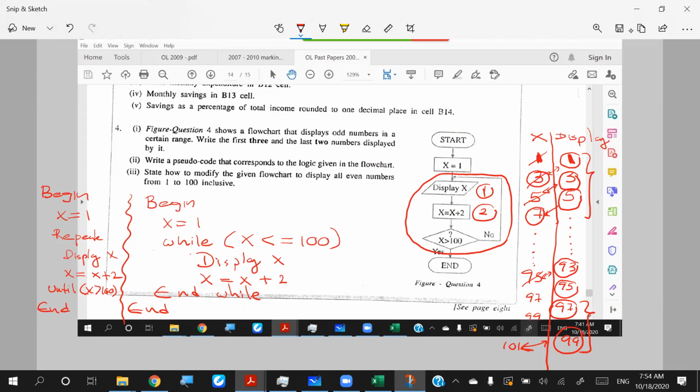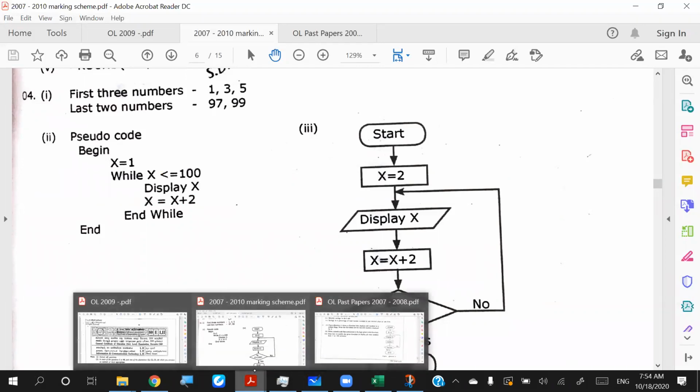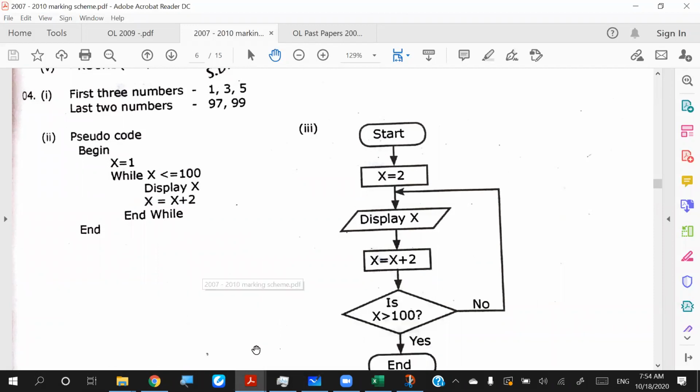Right? So, Himanadi, now in the marking scheme, they also went with the, no, they have gone with the correct one. Now the problem is, in this question, if you omit the equal sign, still you are going to have the very same answer, right? Because the loop is going to break when the x is 101.